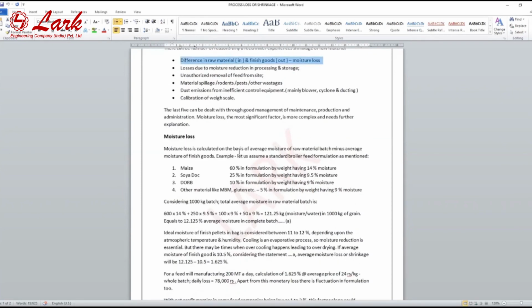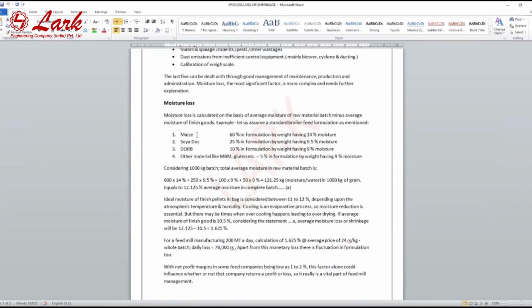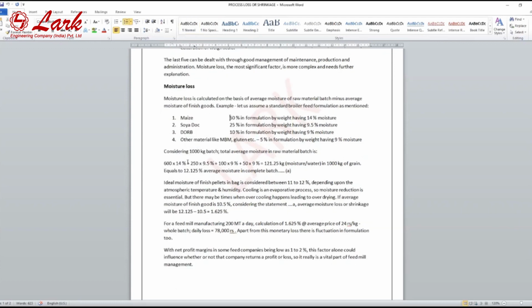For example, हमने एक रेफरेंस फॉर्मुलेशन लिया जिसमें the maize is around 60% by weight having 14 point moisture. Soya DOC is 25% in formulation having 9.5% moisture. DORB 10% in formulation having 9% moisture. Other materials like MBM, gluten 5% in formulation having 9% moisture. When we calculate all these, considering 1000 kg batch, 600 into 14% moisture plus 250 into 9% moisture,